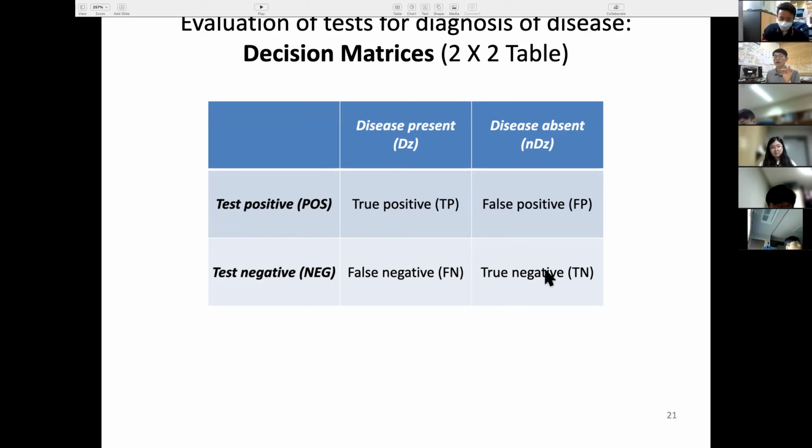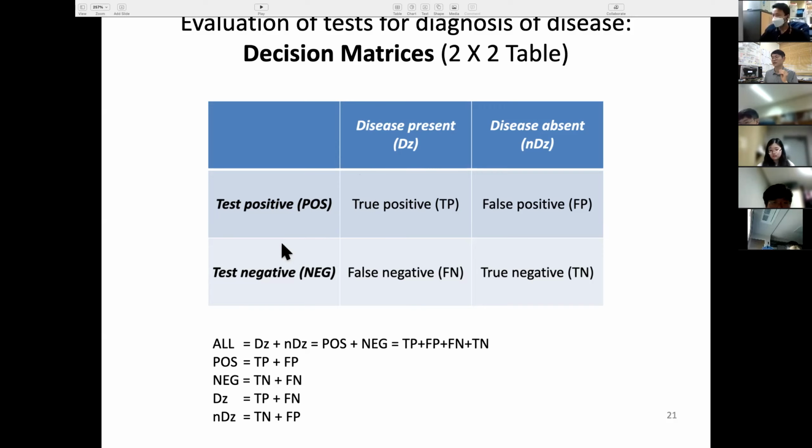However, if you do not have a disease, but the instrument decides you are positive, we call that a false positive. If you have a disease, but the instrument somehow reads you below the threshold, you get a false negative. This is the most important for decision making because you do not know the truth in general. The truth comes with maybe a more expensive, more sophisticated technique to define,